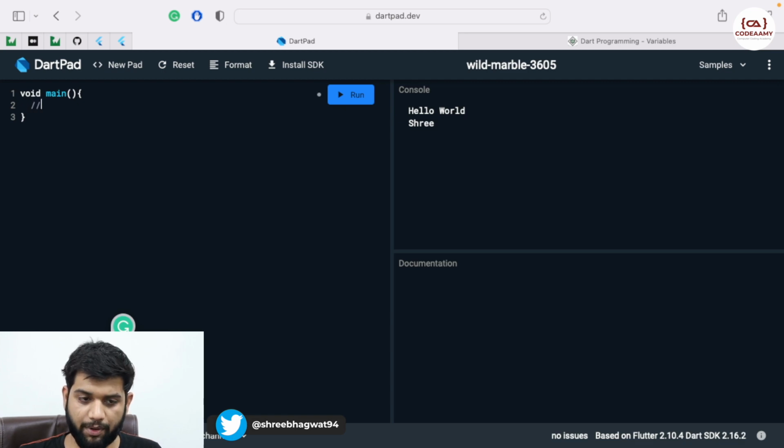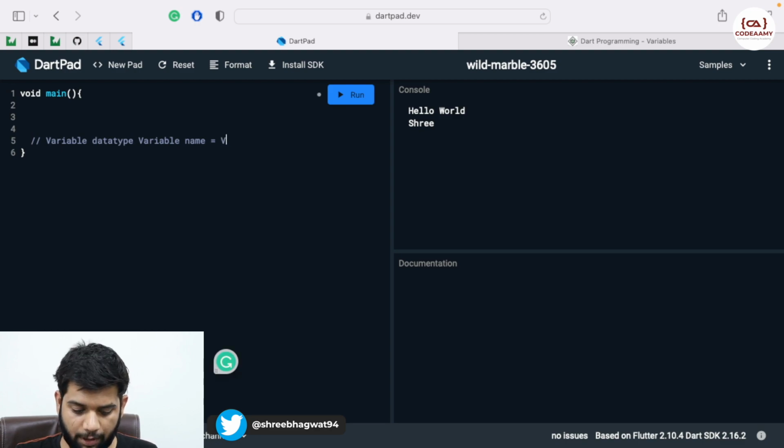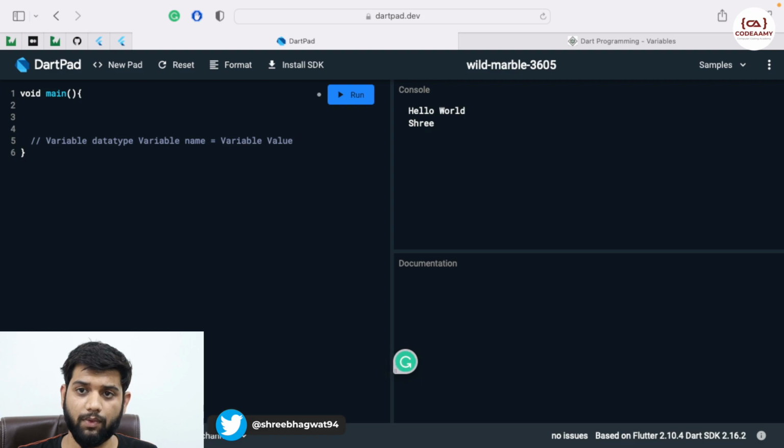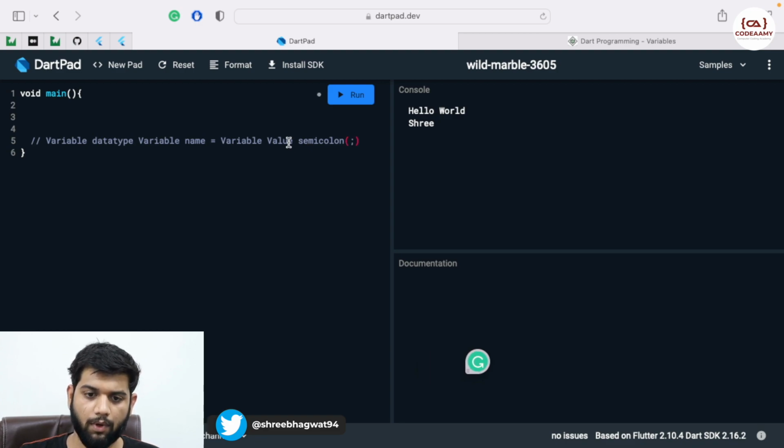Now the syntax of a variable is: the variable data type should come first, whatever data type you are going to assign to a variable, followed by the variable name, then the assignment or equal to sign, the variable value, and a terminator, the semicolon. This is how we define a variable.